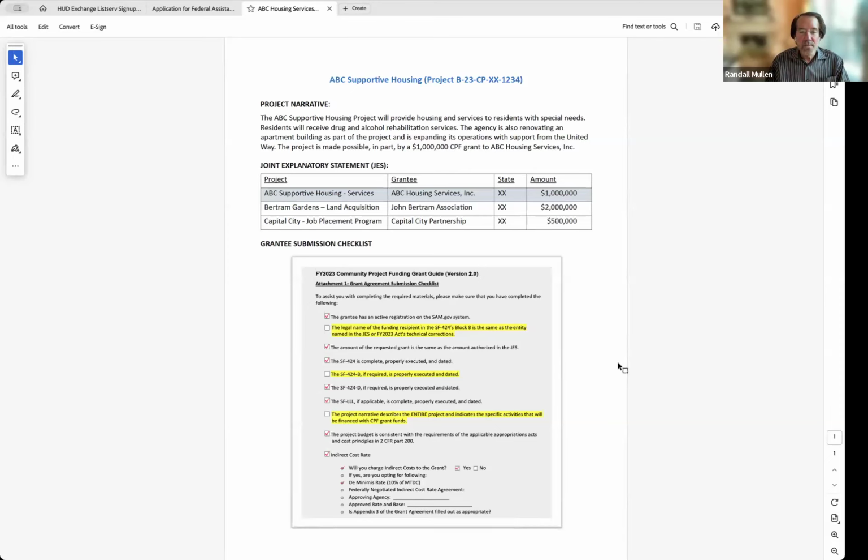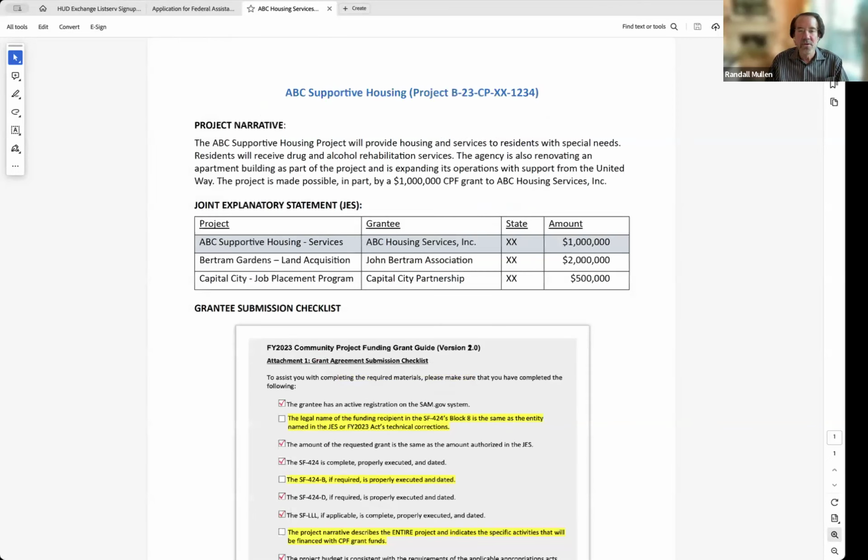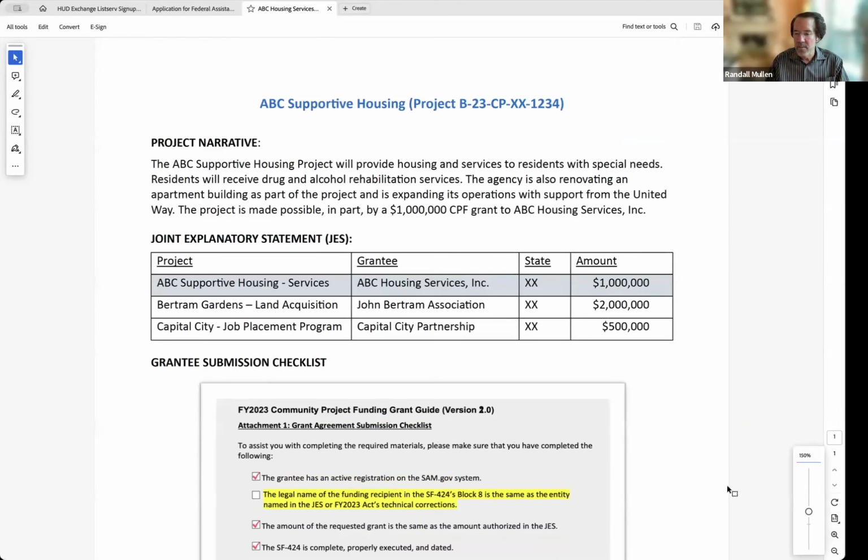The ABC Supportive Housing Project will provide housing and services to residents with special needs. I'll make this a little bigger for those of you who might not be able to open up the file that I included in the chat. But this is a project that includes both housing and services with a target toward residents with special needs.